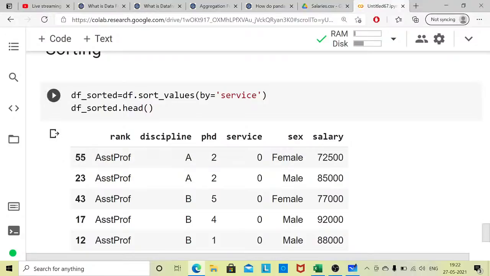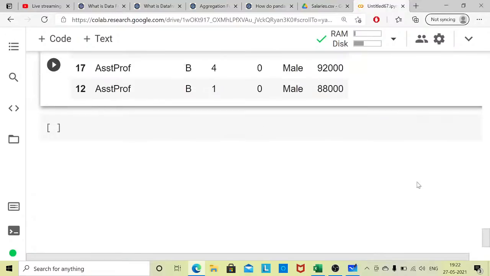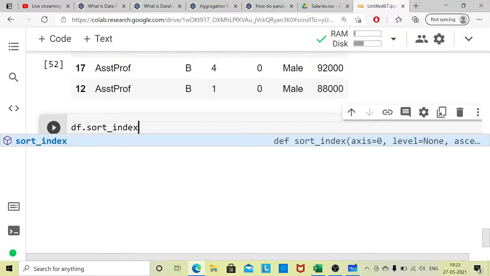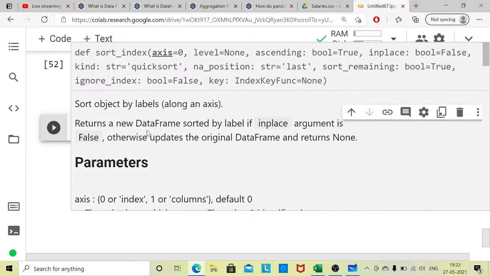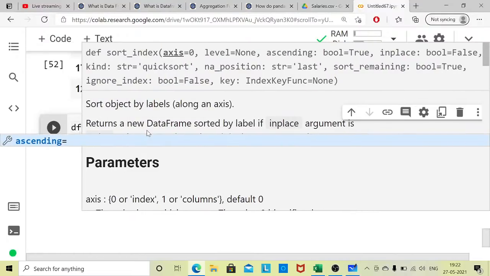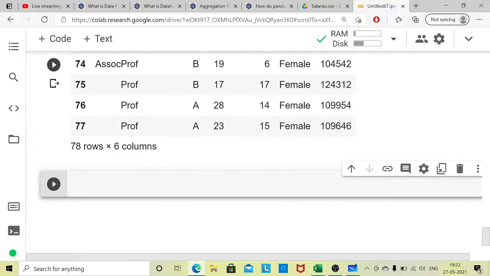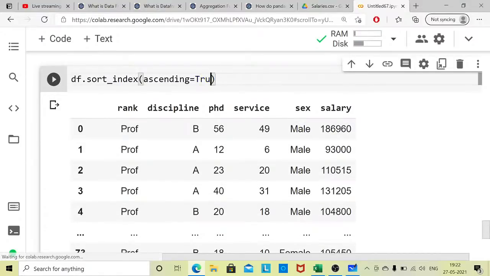So in place of sort_values, I can write sort_index. Let me write another function, df.sort_index, and then I can write ascending and descending. ascending=True. sort_index with ascending=True, and if I write ascending=False,